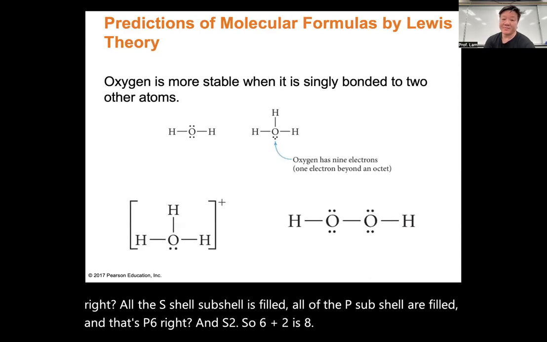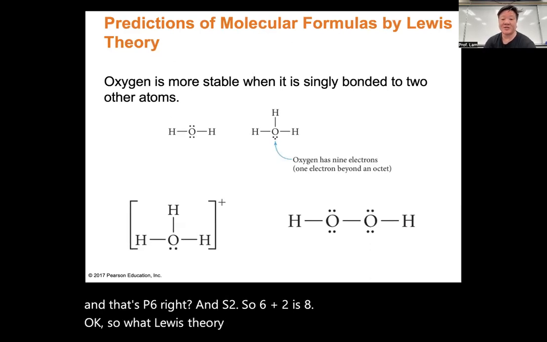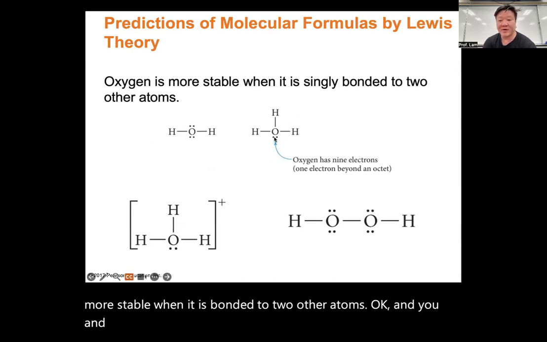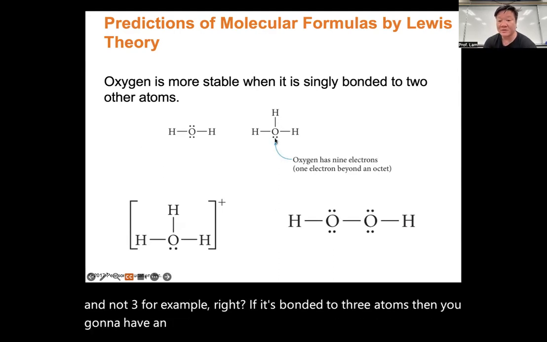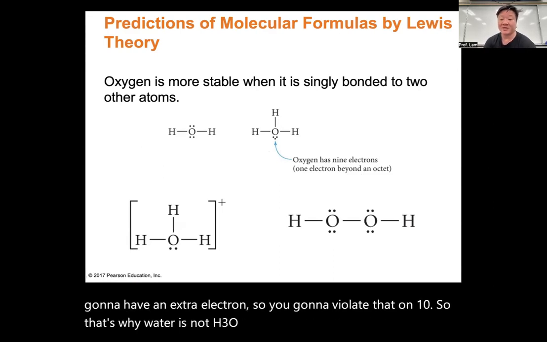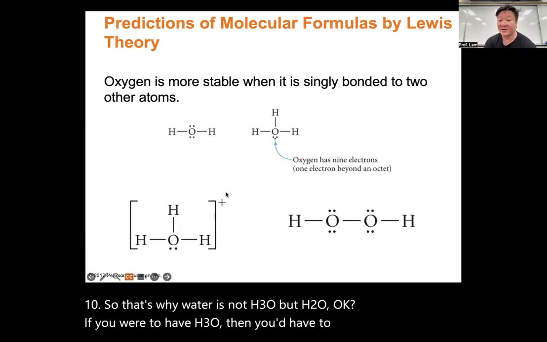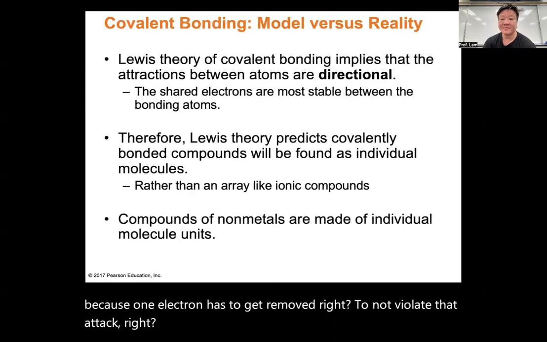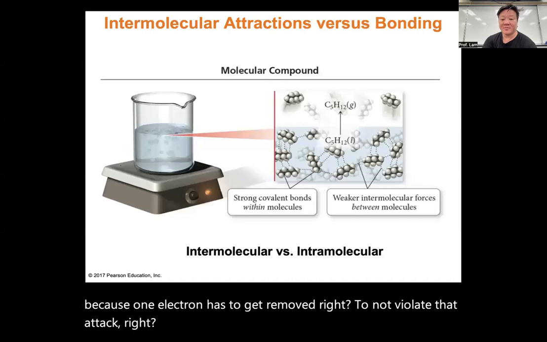Okay, so what Lewis theory predicts is that oxygen is going to be more stable when it is bonded to two other atoms, and not three, for example. If it's bonded to three atoms, then you're going to have an extra electron, so you're going to violate that octet. So that's why water is not H3O, but H2O. If you were to have H3O, then you'd have to have a cation because one electron has to get removed to not violate that octet. So what that means is that